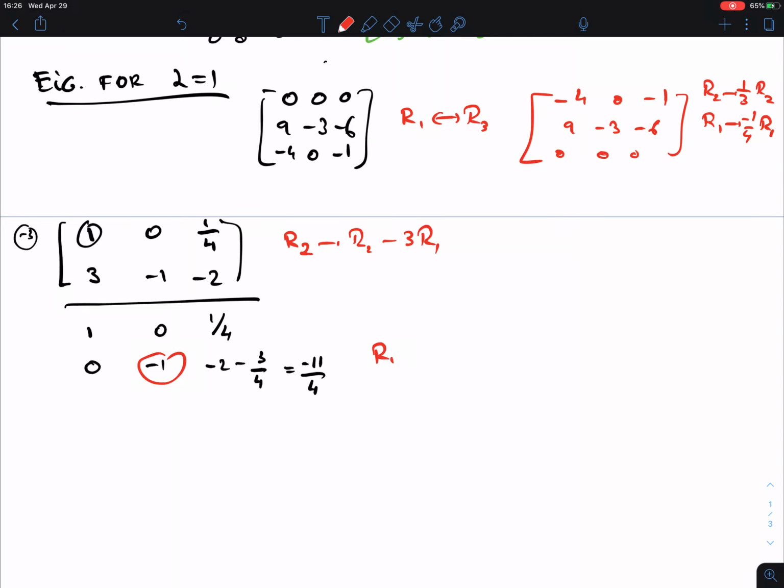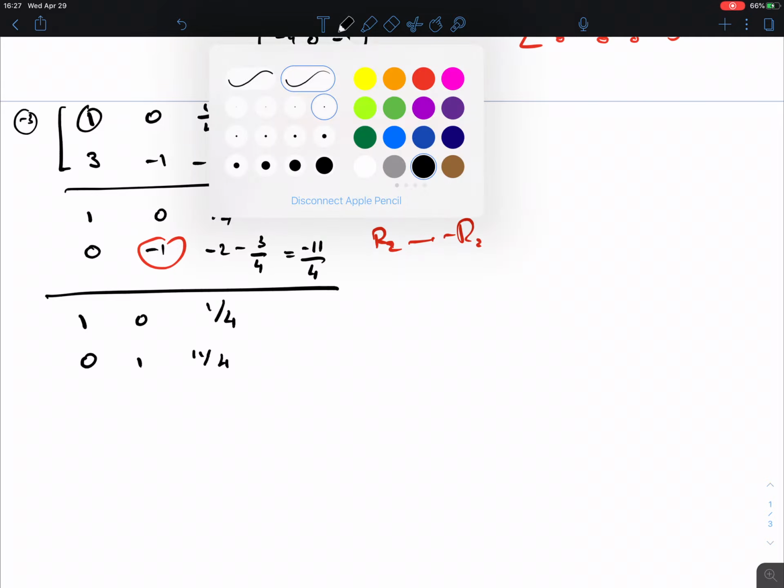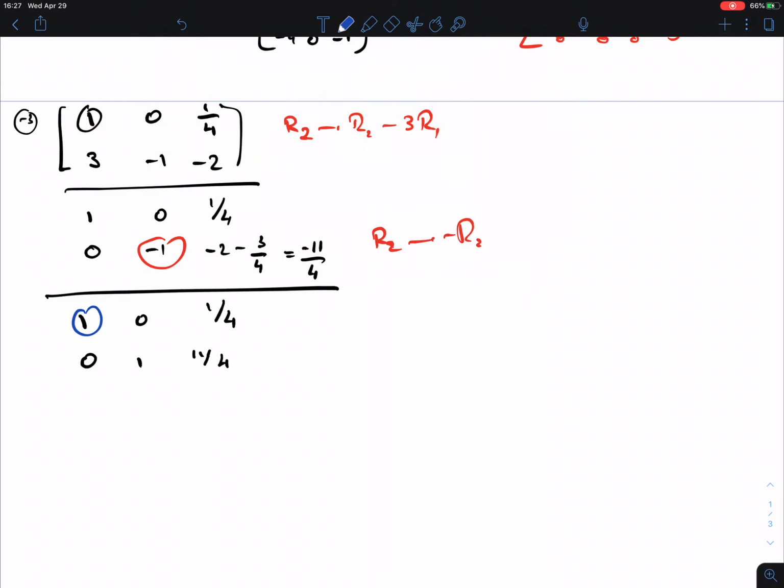So I do row 2 minus row 2. Now what we get is 1, 0, 1/4, 0, 1, 11/4. Okay. The pivots first. These are my pivot variables, x1 and x2, and then x3 is the free variable, and so we get